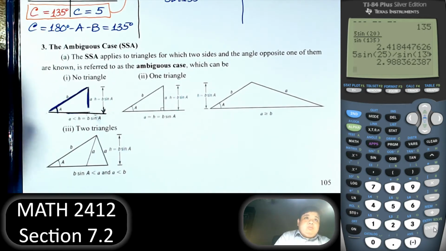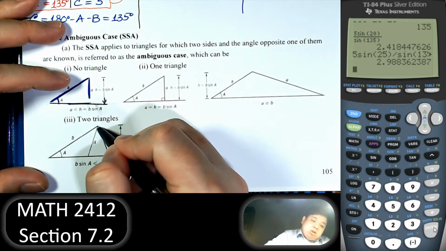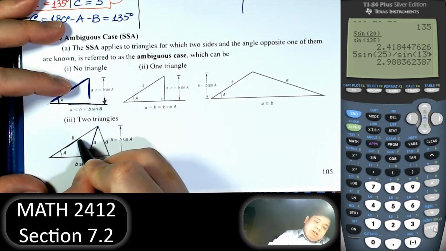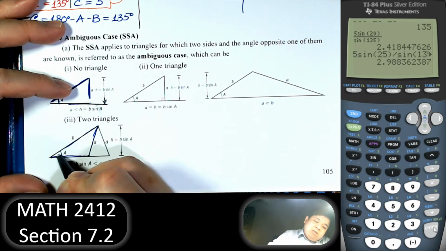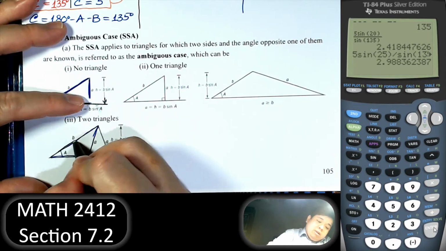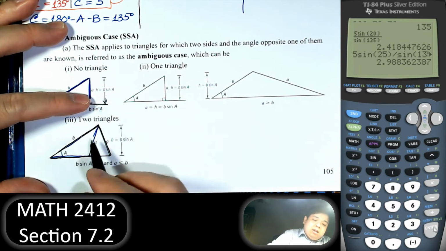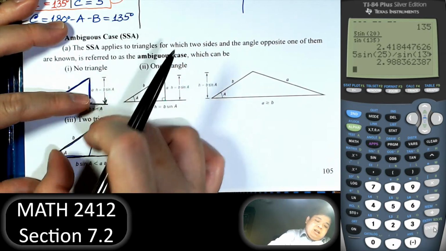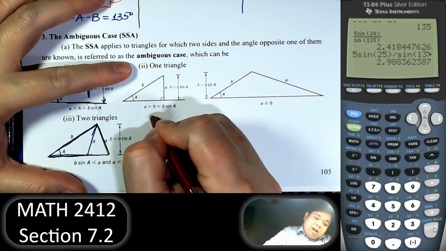Now, the special case where we could have two solutions is this, where the length A is just enough, so we have one triangle here, right? Angle, side and side, one solution, and the big triangle is the other solution. Again, side, side, and that angle. So watch out for this scenario when we have a side and angle, and the characteristic of that is